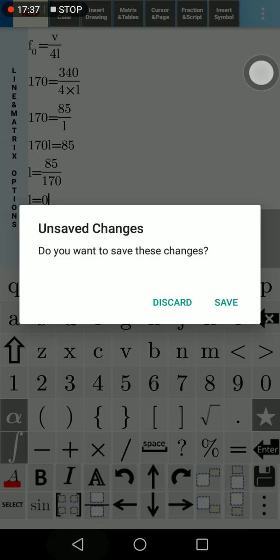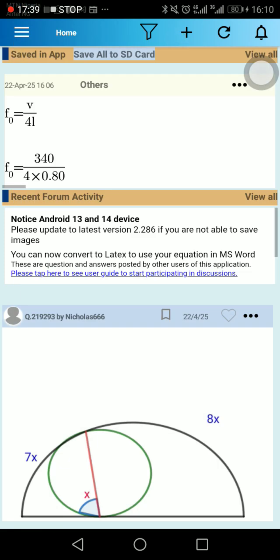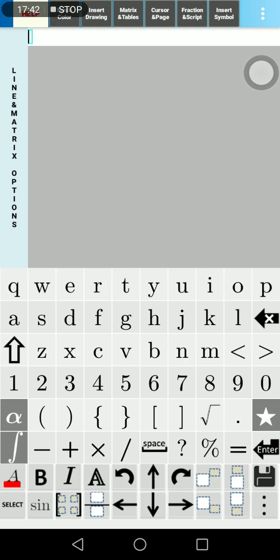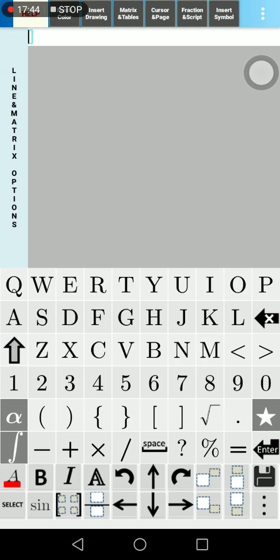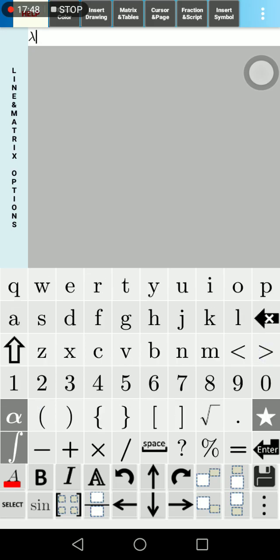Let me exit and open a new one. So when you're talking about the first overtone, the wavelength was, how would I put it? For the first overtone, the wavelength was